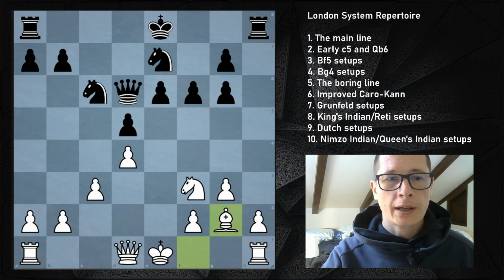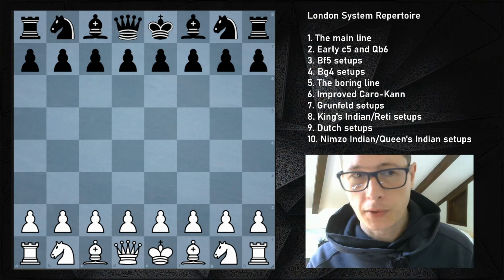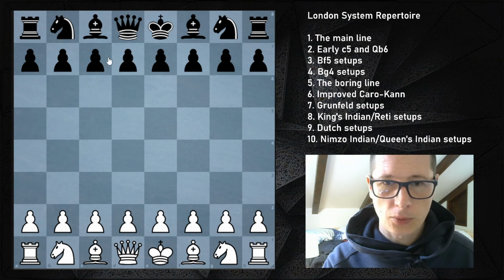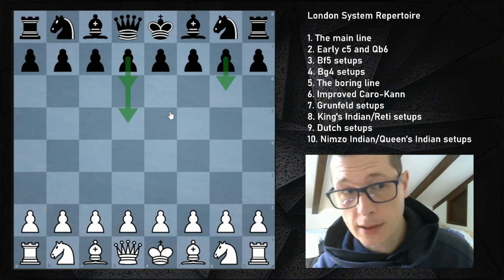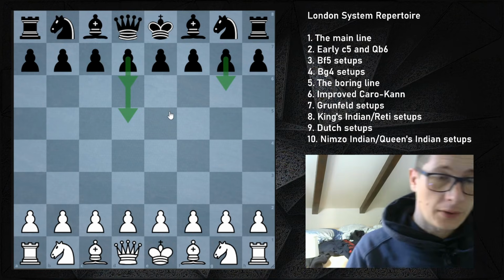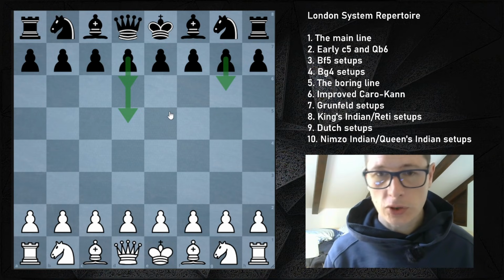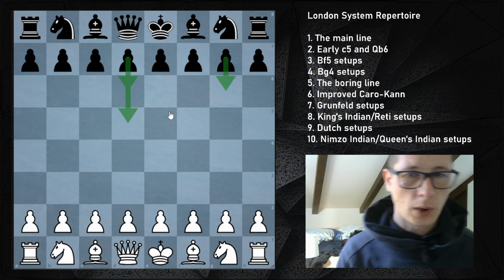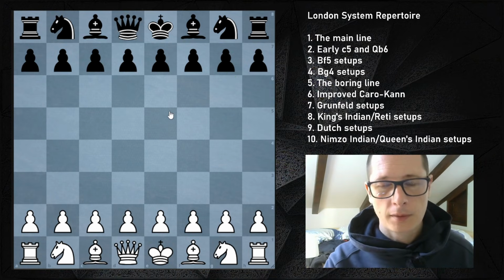Now we are moving into very broad territory of setups with d6, g6, or d5, g6. I have divided them into two chapters. One I call the Grunfeld, the other I call the King's Indian / Reti. The Grunfeld being the one with d5, g6, the King's Indian being the one with d6, g6. The main thing we have to know,